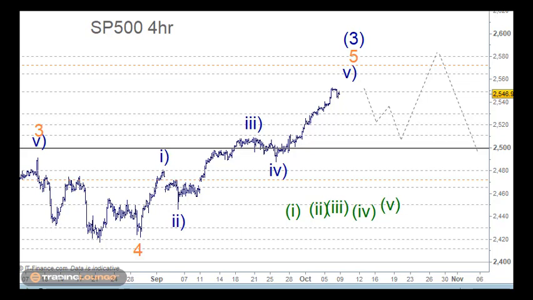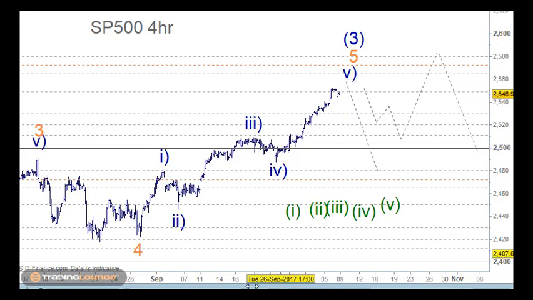We'll be looking at the S&P and the NASDAQ. With the S&P, this is our standard count in terms of wave 3 here and wave 4 here, and then 1 and 2 and 3 and 4 and up for 5 here, and then completing here and moving down from that point.